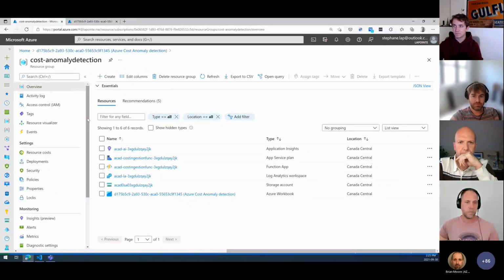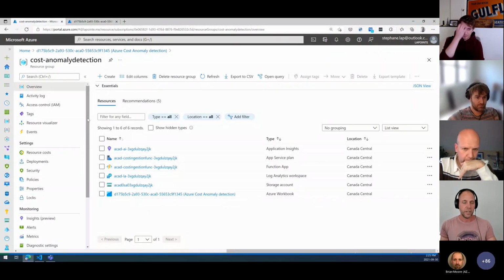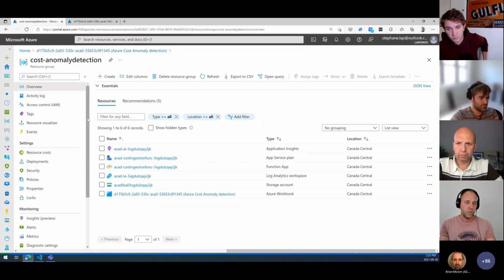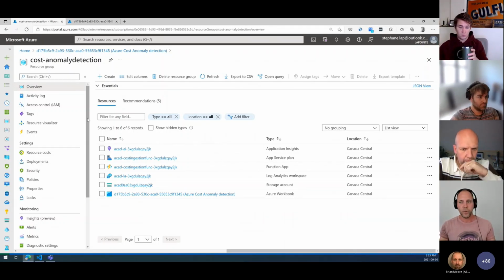One of the things that I tried to do lately was to come up with anomaly detection for Azure cost, and I stumbled upon an article on the web, but there were a lot of manual steps, and one of them was to deploy an Azure workbook.